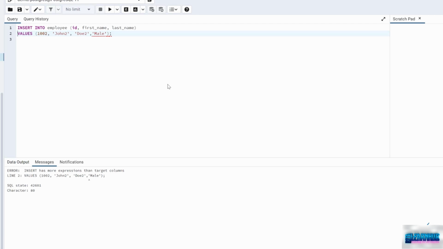We can also insert multiple records in one insert statement. In this example, we will insert 2 records. Type in INSERT INTO employee (ID, first_name, last_name), next line, VALUES (1002, 'John 2', 'Doe 2'), next line, (1003, 'Mary', 'Lamb');